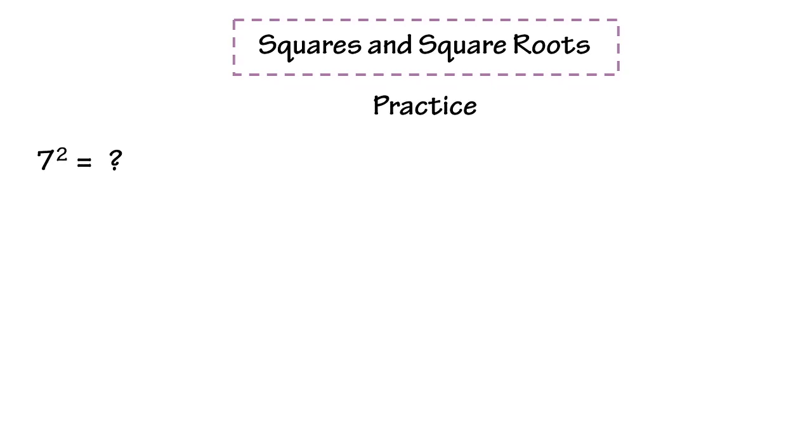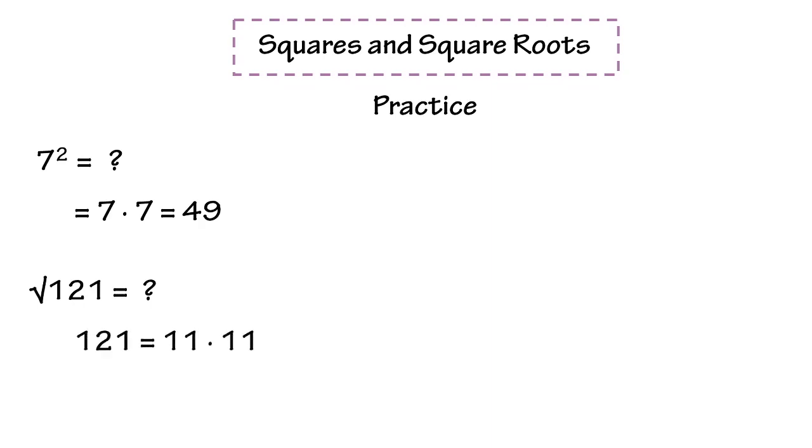What is 7 squared? Pause the video and try to solve this problem. 7 squared equals 7 times 7 equals 49. What's the square root of 121? Since 11 times 11 equals 121,